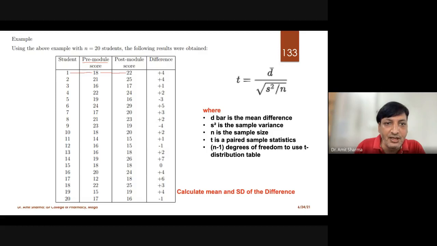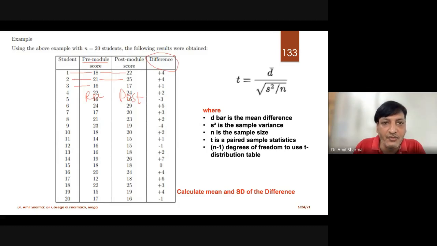So like this, data will be entered in 2 different columns. One column belongs to pre, and one column belongs to post. If you want to evaluate any molecule in your study, you can set 2 different columns in SPSS software. One column will have the reading for pre, and another column the reading for post, that is, before giving the drug or after giving the drug.